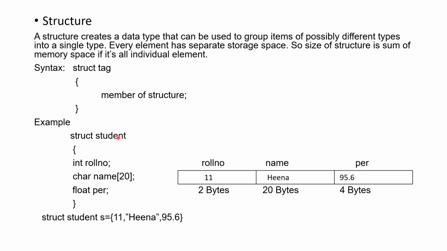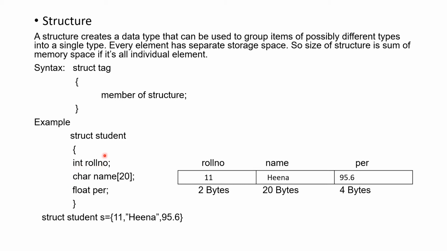For example, I want to store the information about a student. A student can have a roll number, a name, and a percentage. Suppose I want to store this information, so how can I declare the structure for it? The same way, the struct keyword is used to declare the structure, and after that you can give the name or tag. Under the curly opening and closing brackets I will write the members of my structure. So these are the members of the structure. There are three members.